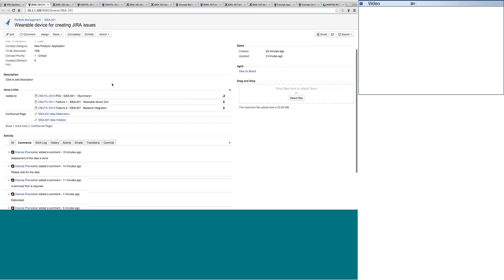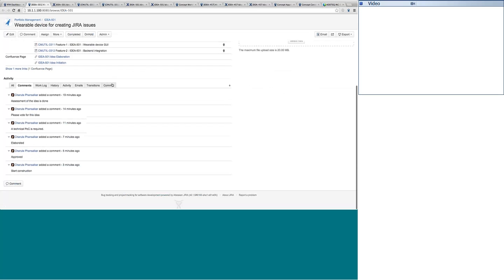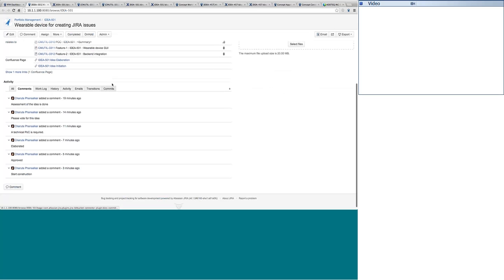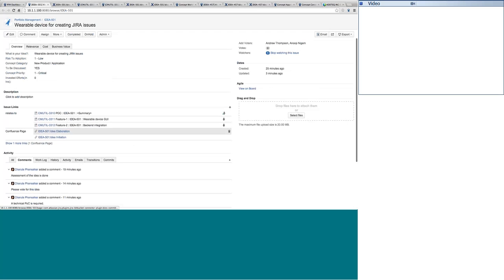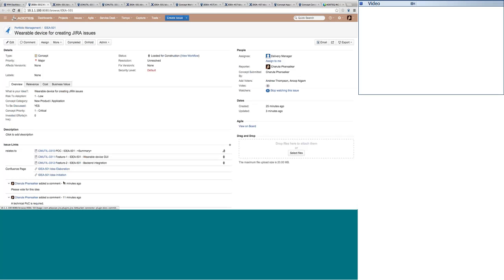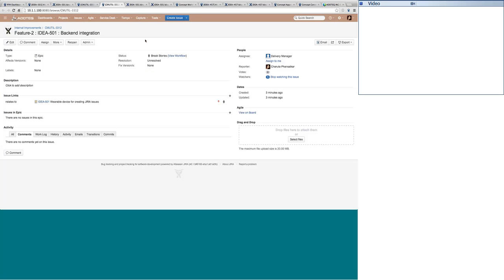At the same time, all the information that was gathered for this idea, what all things have been analyzed or captured, everything is handy. So let's say that we have completed our work or completed the construction of the idea over here, and let's complete it. Before that, let's see what happens with the work. Once we have loaded it for construction, as we said that we have completed the work, we will go and